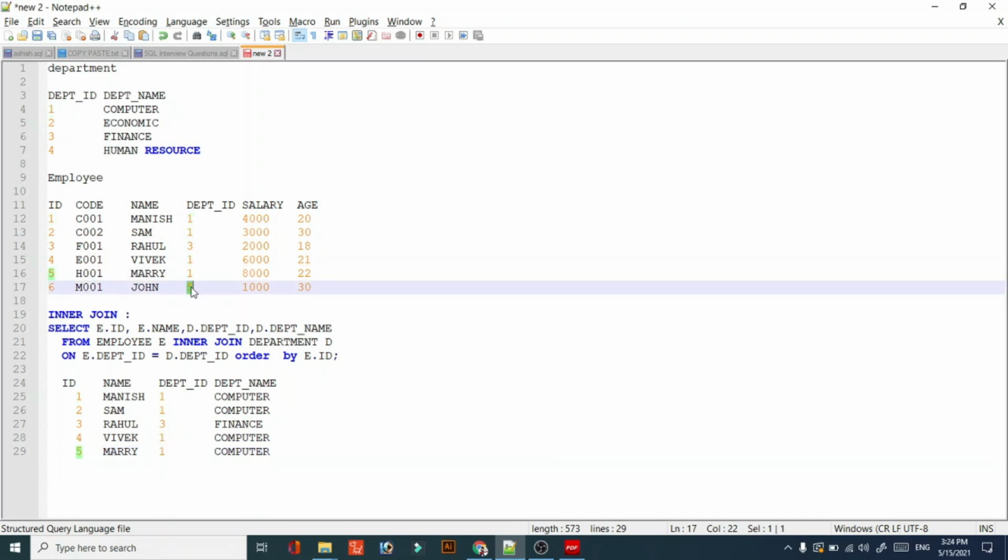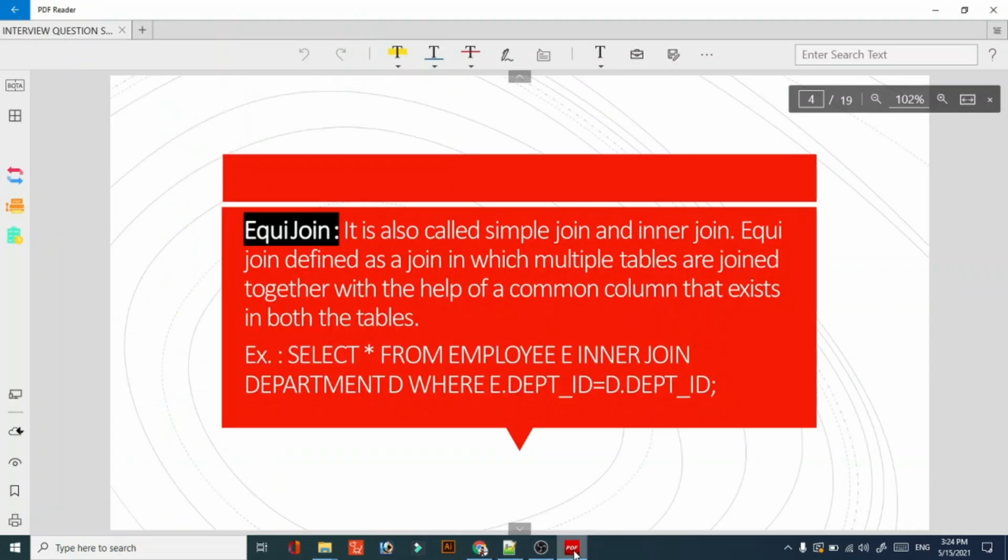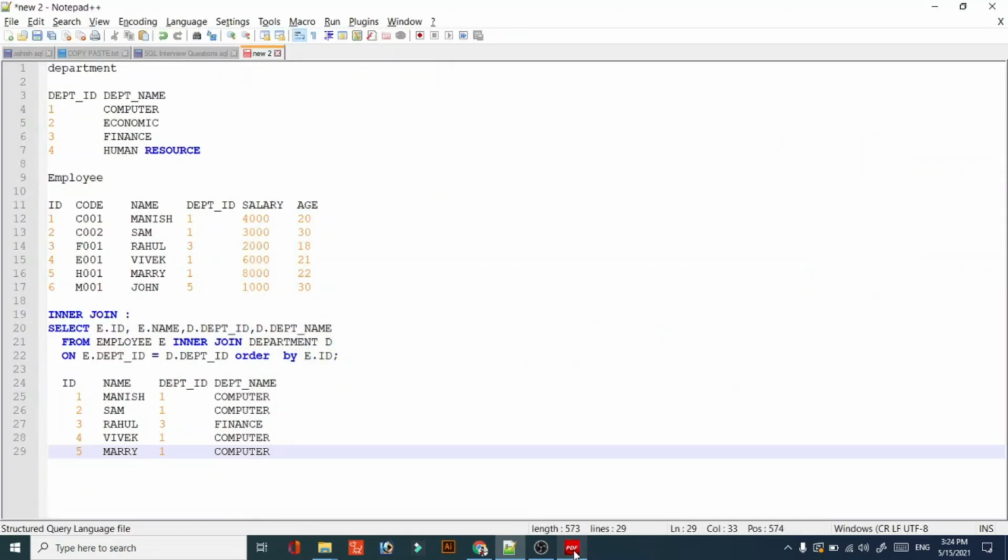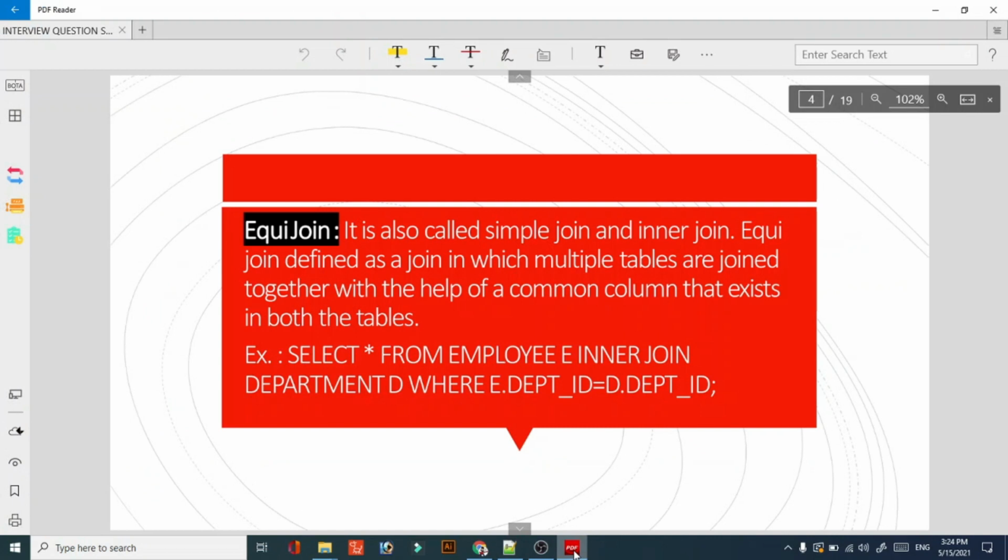In the employee table, department ID 5 is present, but in the department table we don't have this ID. So it will not print that record. It will not give that output in our record set. So this is how our inner join, or you can say equi join, works. So I think you understood this concept. Next we go for